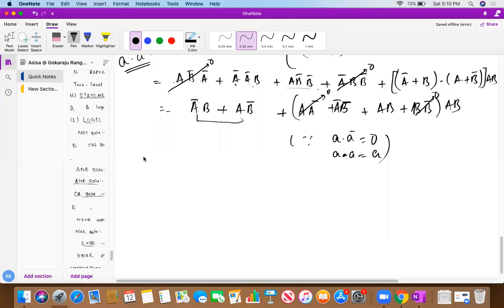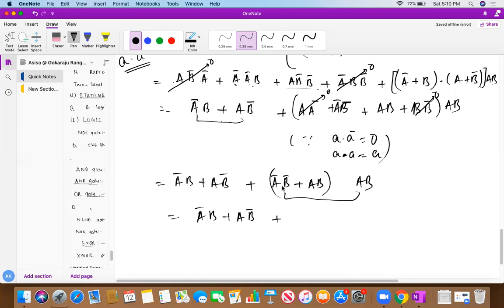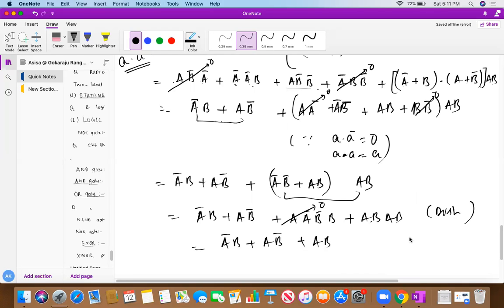Just what am I getting over here? It will be A bar B or AB bar, or this will be your A bar B bar or AB, and this is AB. If I again apply the distributive law between these two, what will happen? This is as it is, A bar B, AB bar. This will be my A bar B bar B, and this is my AB. Okay, I have applied the distributive theorem again, nothing else. So A bar B bar B is not nonzero, this will be 0. AB is nothing else, my A bar B, AB bar. AB is nothing else but AB. Why? Because we know that A any number of times is A.